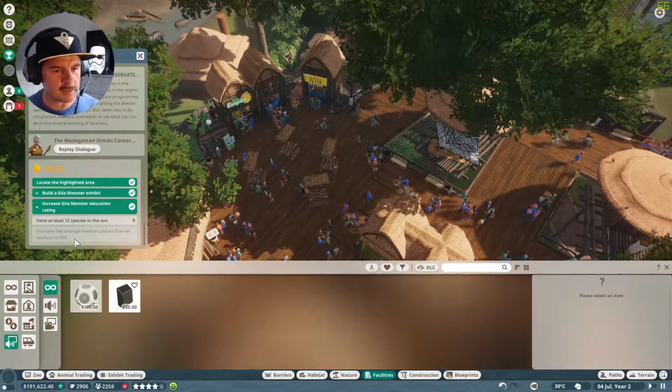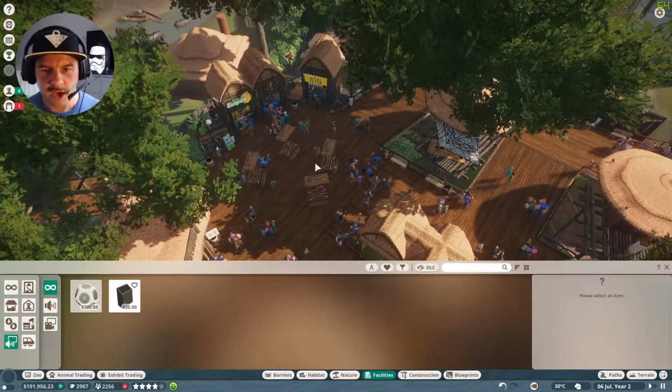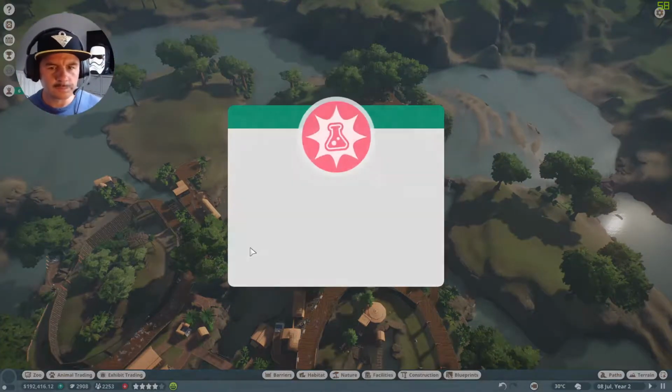Increase the average habitat species overall welfare to 90%. Well, she really wants us to kick off here, doesn't she? Okay, right. She wants an extra species in here, and we need to see. So let's see what we've got. If we go to zoo...